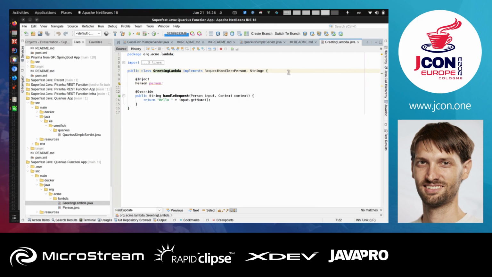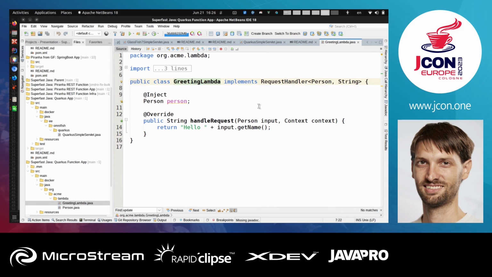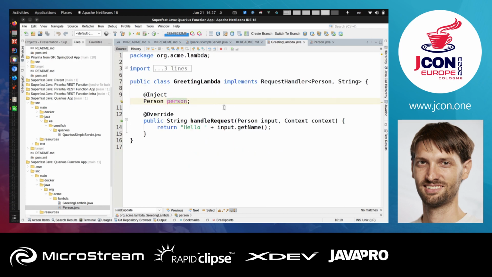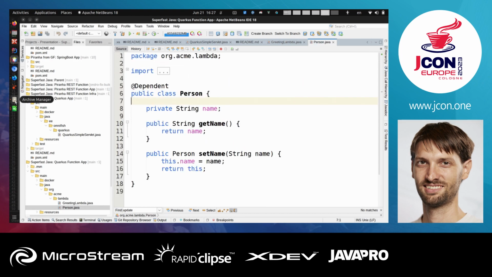So it contains a Lambda handler and some object that is injected into it. So it already supports injection and some more things. But if I could make it bigger, you can see there are only these 2 classes in the application. But in the result,